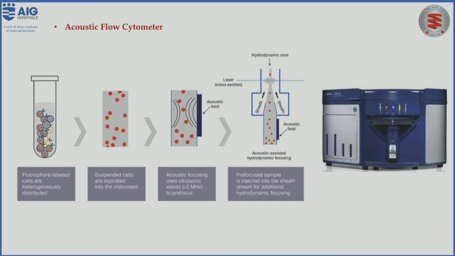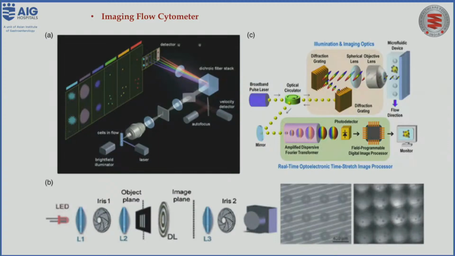To overcome this problem, ultrasonic waves were introduced into the flow cytometry chamber, so that the cells pass through the flow cytometer nozzle without any clogging. This is the advantage of the acoustic flow cytometer. Also, high sample numbers can be analyzed using acoustic flow cytometry. Then there is the upcoming technology, where fluorescence microscopy and flow cytometry are combined together,